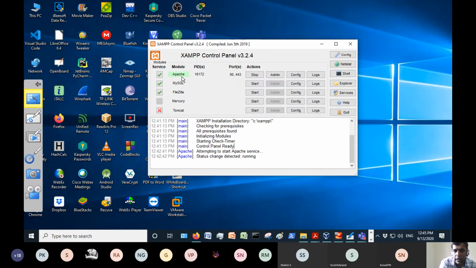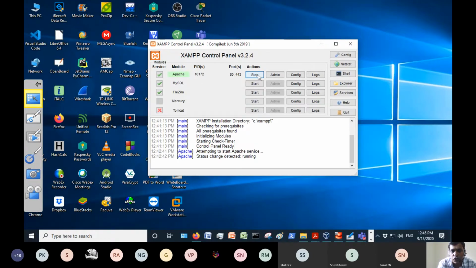Of course, it also shows something like PID, which is the process identifier, which you are all aware of. Every process in an operating system is uniquely identified by an integer known as PID, or process identifier. So that means our Apache server PID is 16,172. That is right now. It keeps on changing every time you run it. It is assigned by the operating system.